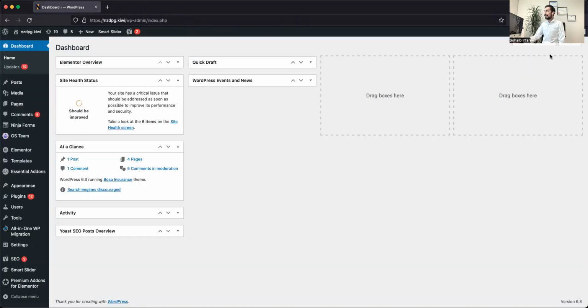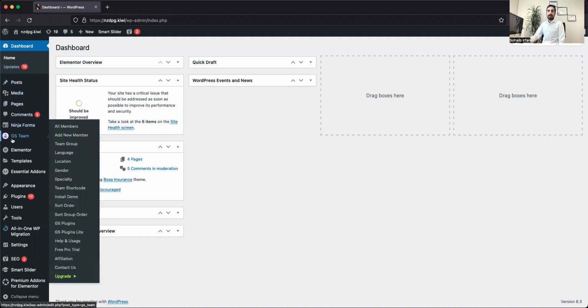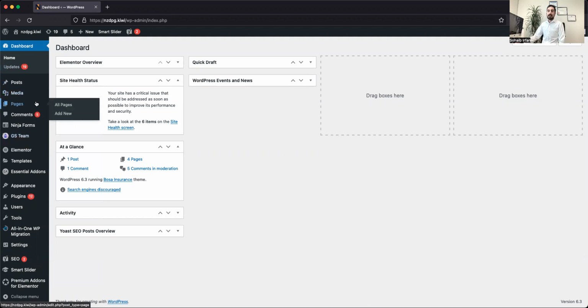On the top right-hand side, though, if you hover over the logo, this is basically the user you are logged in as. You can either edit your profile, change the name, change the password, add an image to it, or if you want to log out of the dashboard, simply click on Log Out and you will be logged out. On the left-hand side is the entire navigation menu, which allows you to go to different sections of the